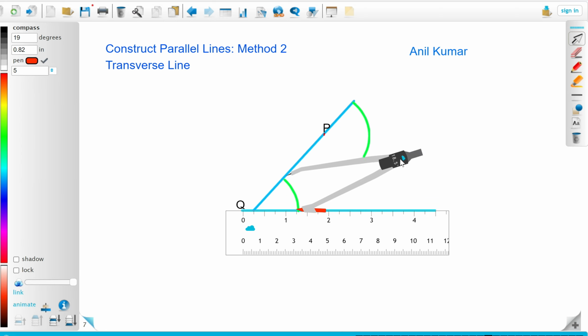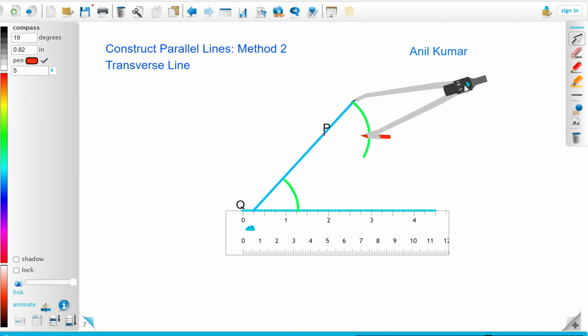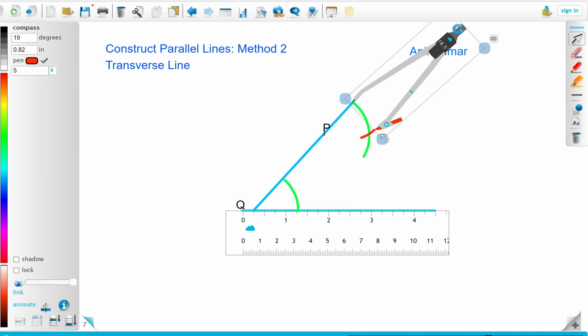Okay. So that's the length, right? Okay. So we'll cut it. There you go. So this is the point which, when joined to P, will give us a line which is going